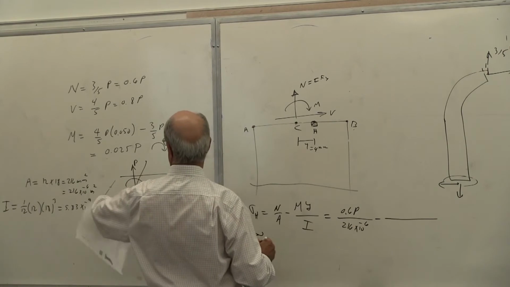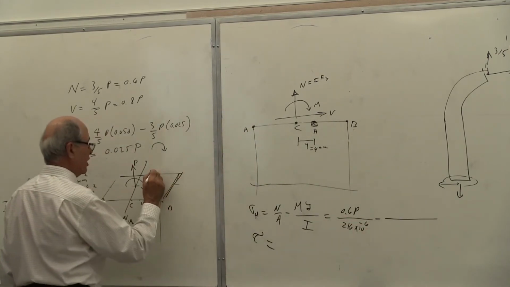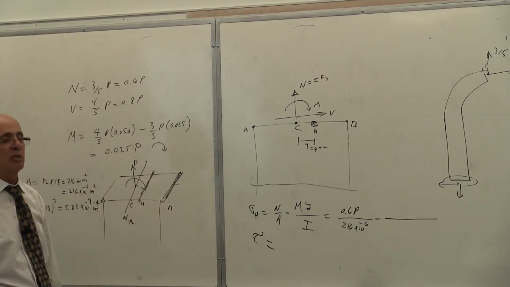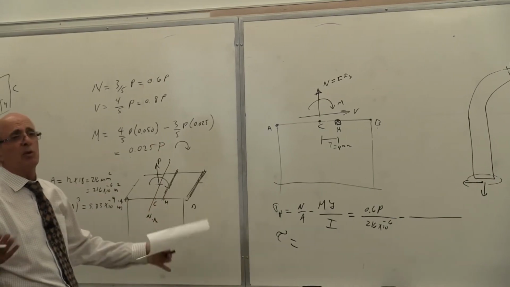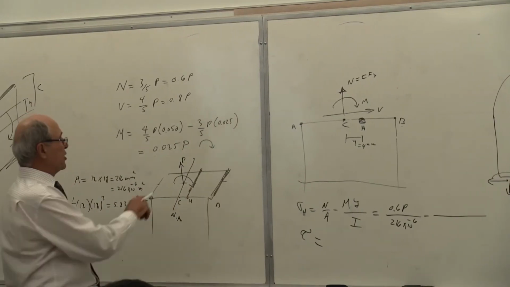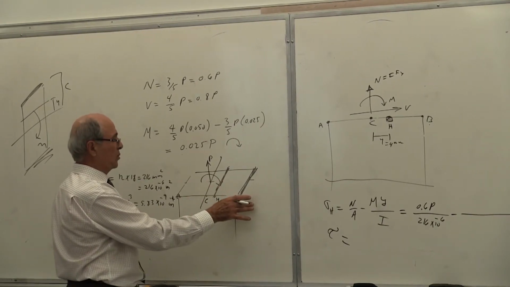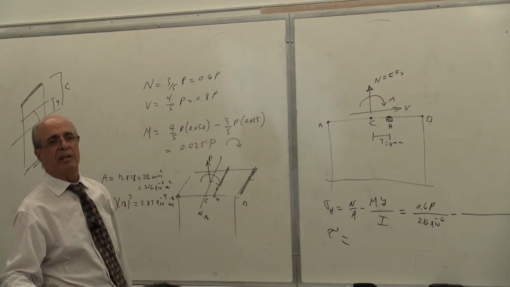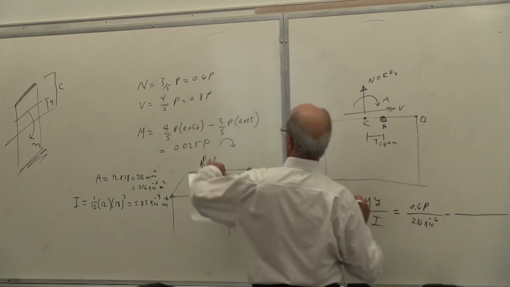M is equal to, you don't have to go. This minus because it is in the compression side. This and that, this is in compression side. Some people put the minus here, then a minus here. I don't know what we are really doing that. The direction of the moment here: this side of the centroid is compression, this side is tension. It's obvious. Is that correct or not? Yes. Therefore, it's the compression, and magnitude of M is